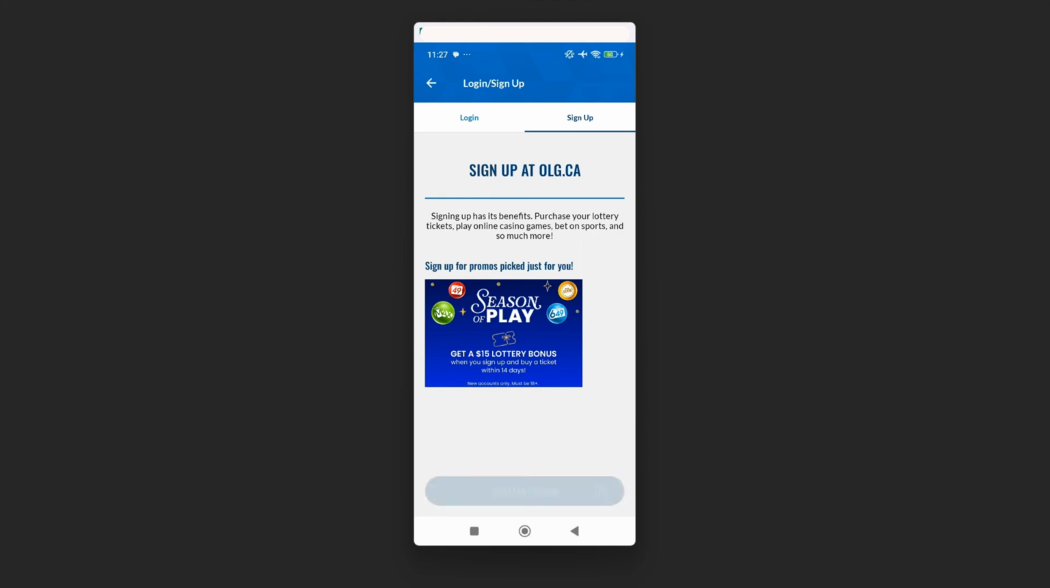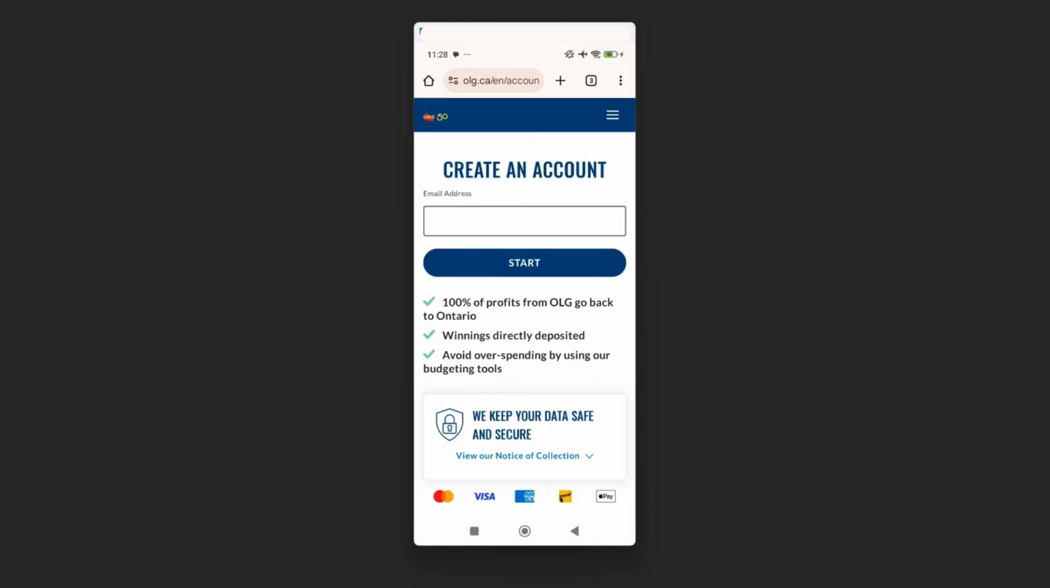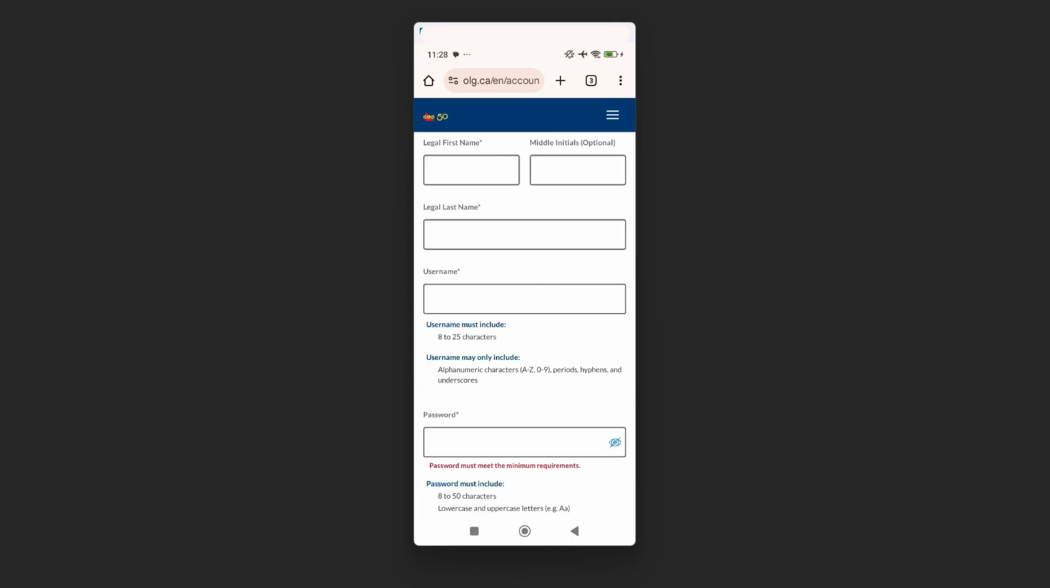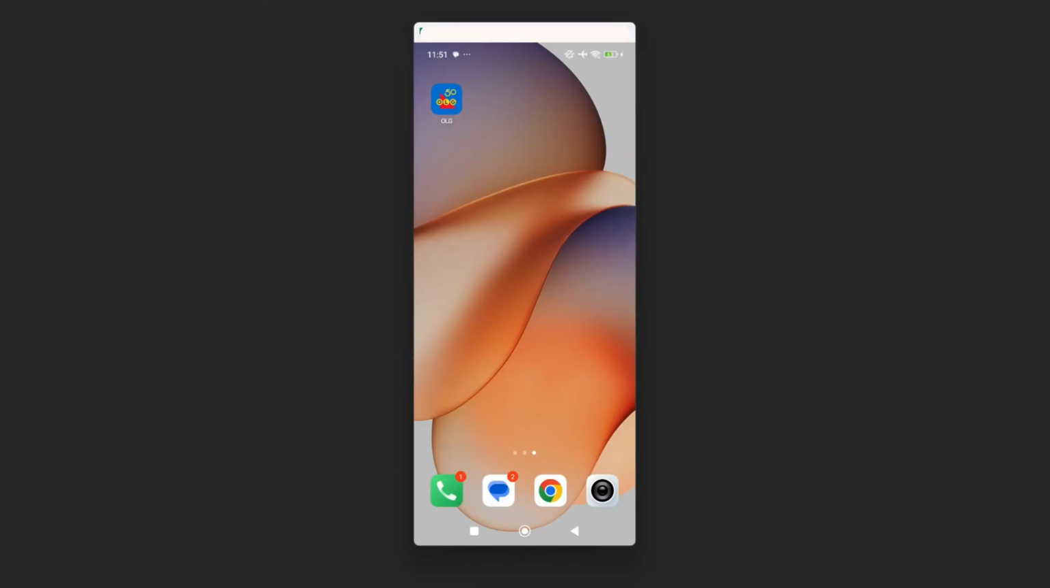Here, click sign up now. You will enter your email address and then go ahead. You'll enter your legal name. Middle name initials are optional. Legal last name. Then you'll create your username. Username may only include alphanumeric characters A to Z, 0 to 9. So you can create your username using this combination, then create the password. Here again instruction has been given for password. Once you do that and you create your login password and go through the authentication process, you can come back to the app